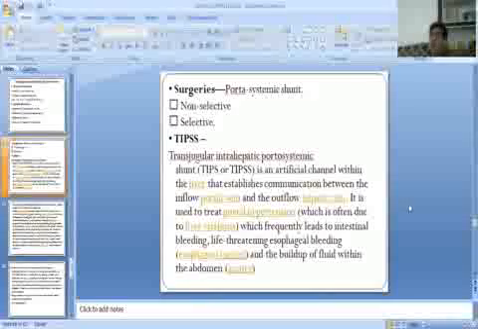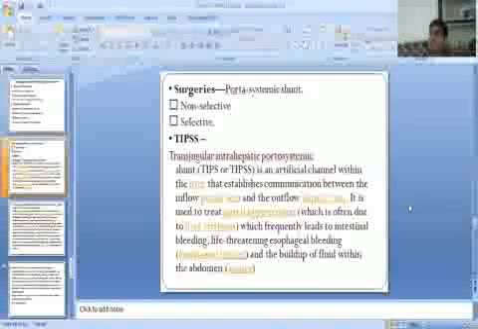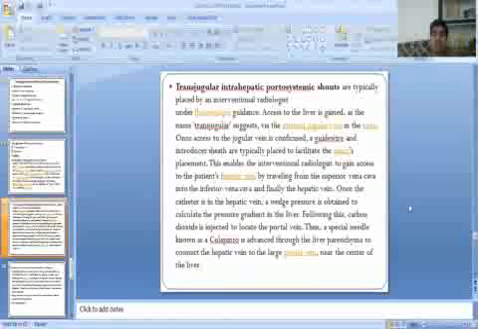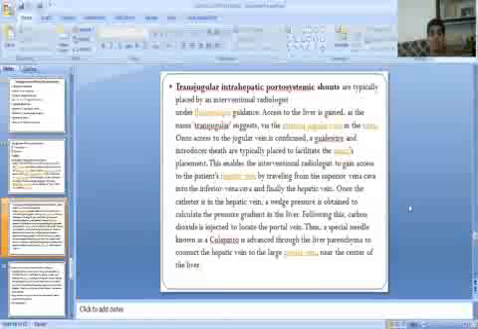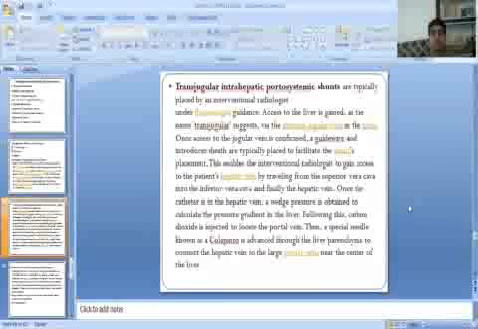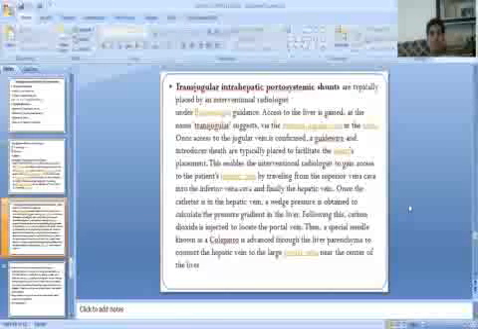Transjugular intrahepatic portosystemic shunt, TIPS. This is the transjugular intrahepatic portosystemic shunt. Stents are typically placed by an interventional radiologist under fluoroscopic guidance. Access to the liver is gained, as the name transjugular suggests, via the internal jugular vein in the neck. Once access to the jugular vein is confirmed, a guide wire and introducer sheath are typically placed to facilitate the shunt placement. This enables the interventional radiologist to gain access to the patient's hepatic vein by traveling from the superior vena cava